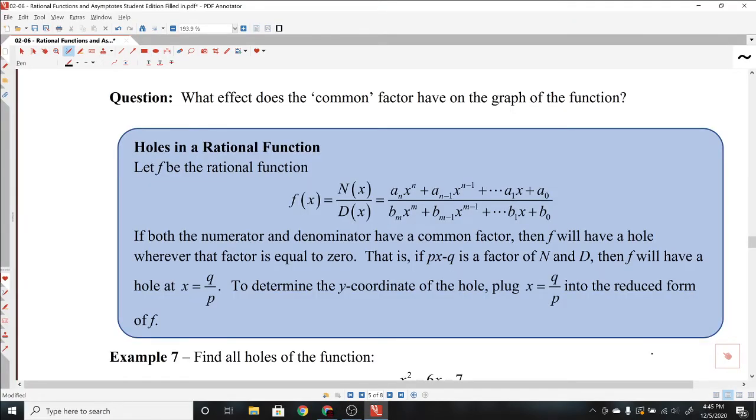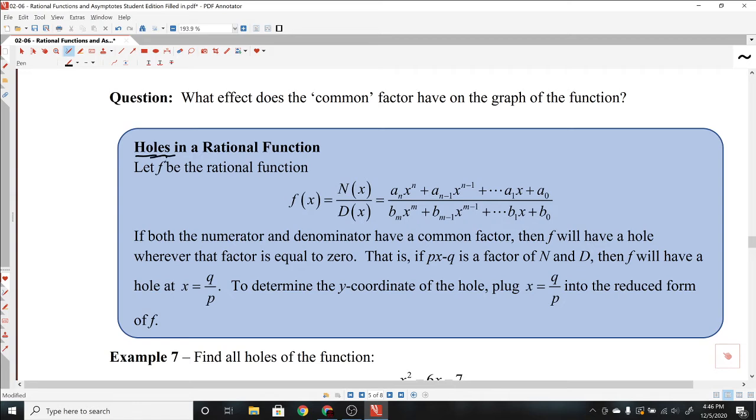All right, so what effect does this common factor have on the graph of the function? Back in one of the earlier examples, we had an x minus 1 squared on the top, and we had an x minus 1 and an x minus 8 on the bottom. So we had that common factor of x minus 1, which meant we didn't have an x-intercept in that function, but it certainly looked like it. What happens is, in those cases, that common factor gives rise to what's known as a hole in the graph